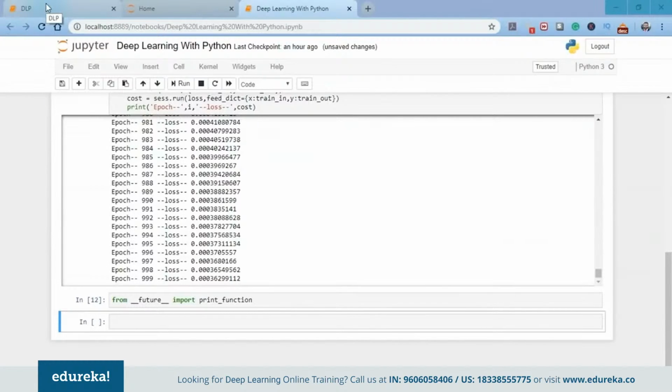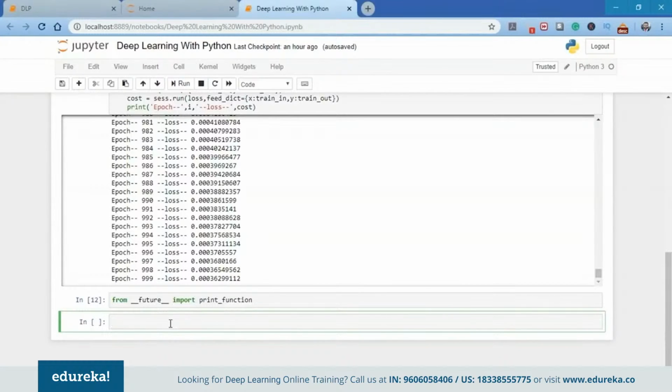So first of all, what we're going to do is import the print function from __future__. It will help us reduce the errors caused by version mismatch, and it helps a lot when you are coding in deep learning, because every now and then we have another deep learning framework, or new frameworks and libraries coming up, which creates a problem while we are working with old data or old datasets, and MNIST is one of the earliest big datasets, or what we can call a huge dataset. So working on it might create a little bit of problems while working in Python. What we need to do is use the __future__ import print_function.